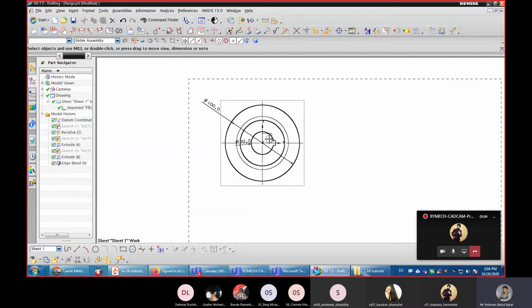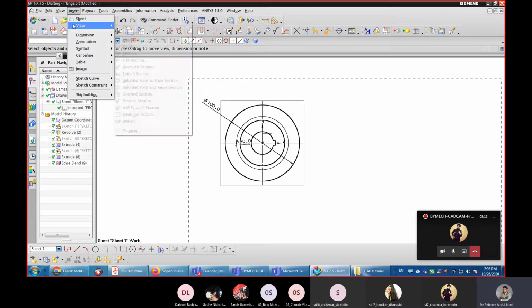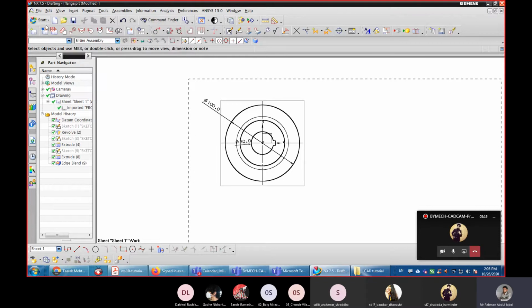Now if you want to create a different view, say side view or sectional view, you can go to insert here and view. So there are different number of options available, or here on this ribbon we have the options.